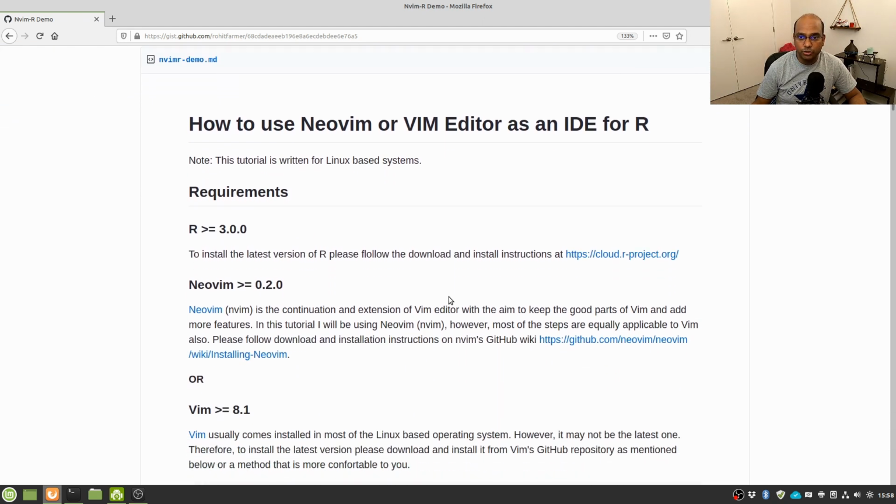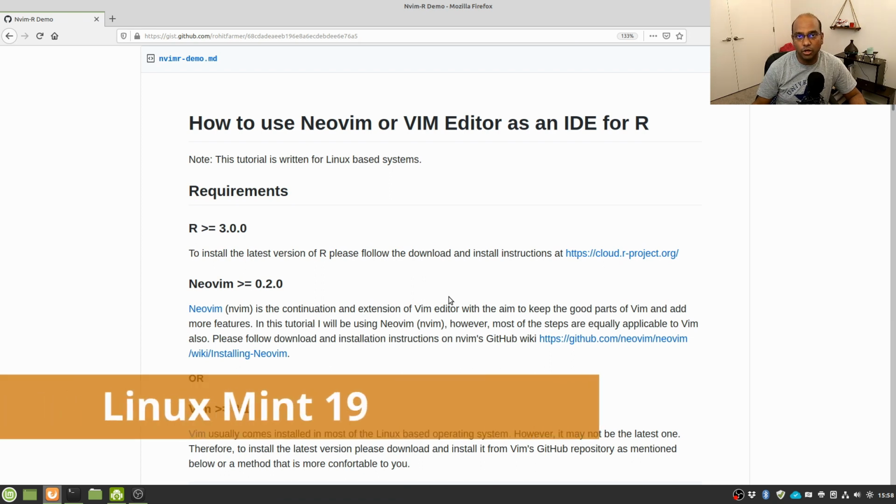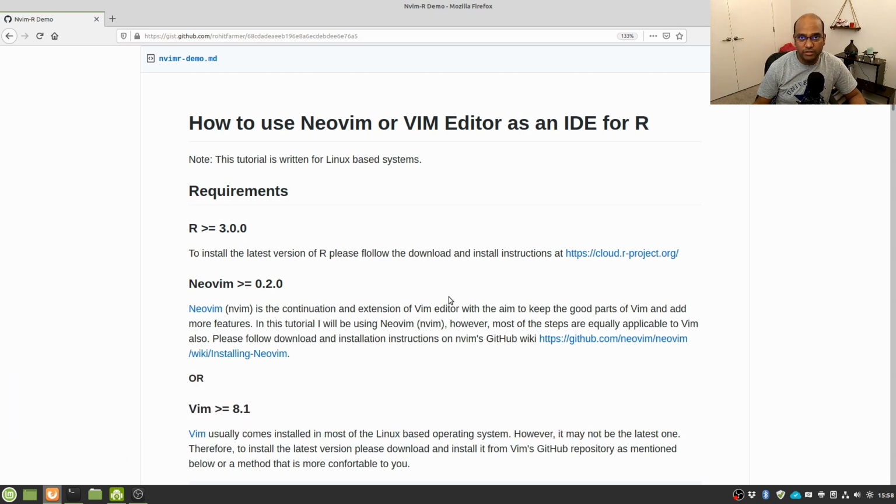For today's tutorial, the platform that I'm working on is Linux Mint, which is based on Ubuntu 18.04, and I have also written this tutorial primarily for Linux-based systems. It may or may not work on Mac and Windows. I'm pretty confident that it's going to work on Mac, but I'm not sure if it's going to work on